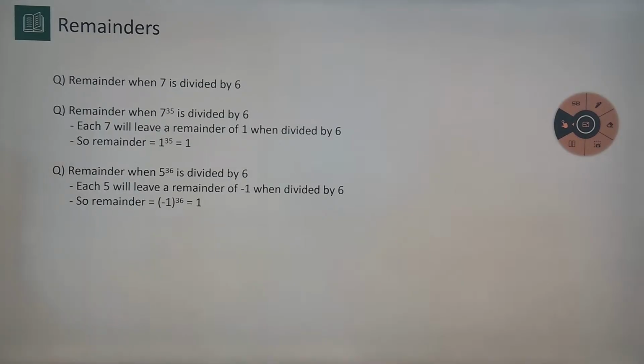Right? So we look at two cases. When the dividend was divisor plus 1, the power will not matter. When the dividend was divisor minus 1 and the power was even, what happens now? Remainder when 5 raised to the power 35 is divided by 6. Now the answer will be